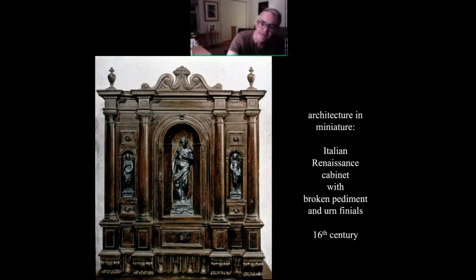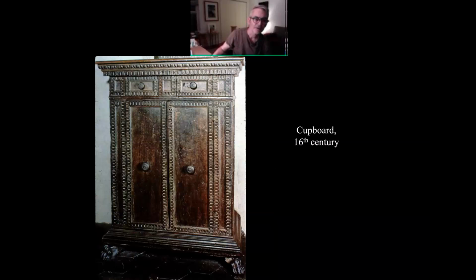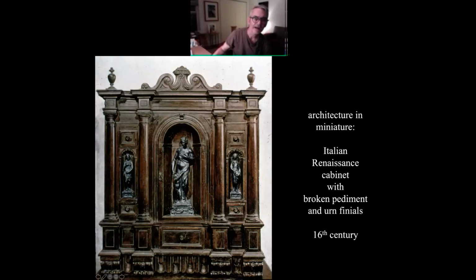Right? An Italian cabinet with a broken pediment. In the Renaissance they started messing around with the pediment, instead of just a straight triangular pediment. I know Michelangelo had a lot of drawings for different variations on the pediment, where they did a semicircular pediment. They would do the broken pediment with a notch cut out of it. This one is really a pediment that's made out of two big scrolls,